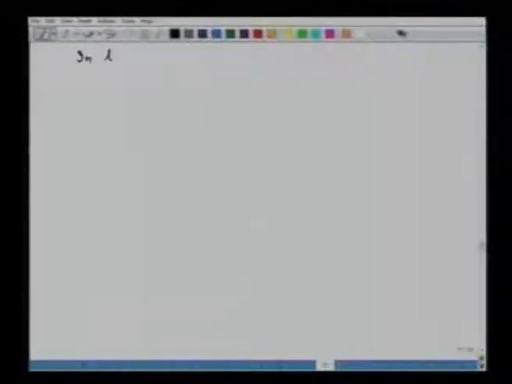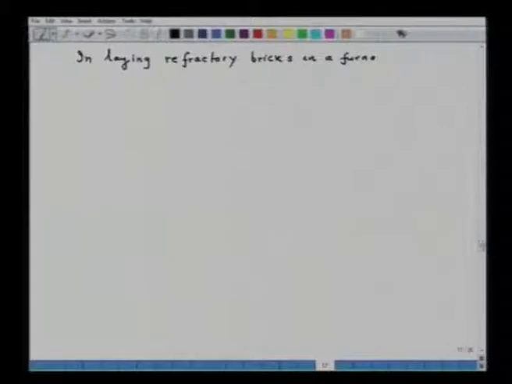So, let us see, in laying refractory bricks in a furnace, it is observed that two courses of fire bricks,